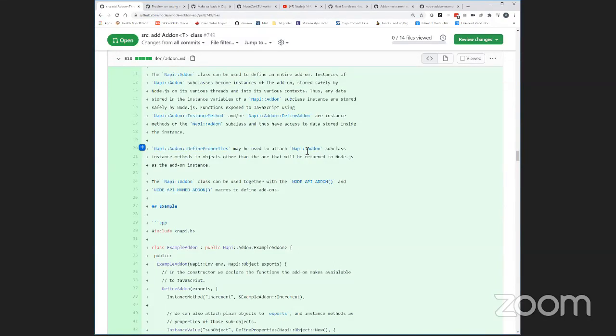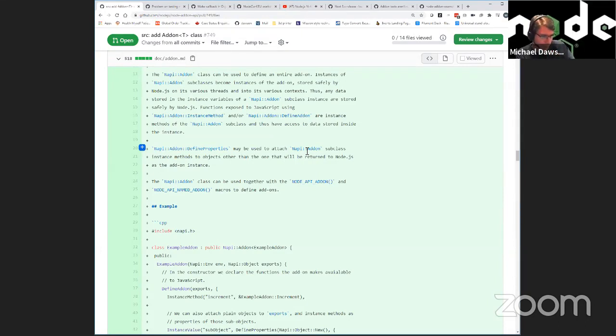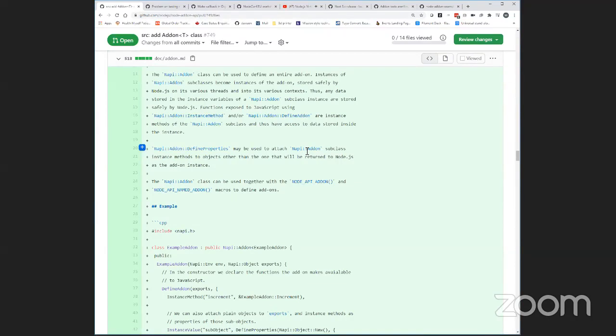Yes, and so basically we have several layers here, right? For historical reasons, we have NAPI_MODULE_INIT, and that will have you use get instance data, and retrieve that instance of your class, right? So it doesn't preclude that. Of course, if you do it that way, then you don't have access to the private stuff, which you can argue is good or bad, but you are in control of your add-on. I don't know to what extent that matters, but it is an aspect to consider.